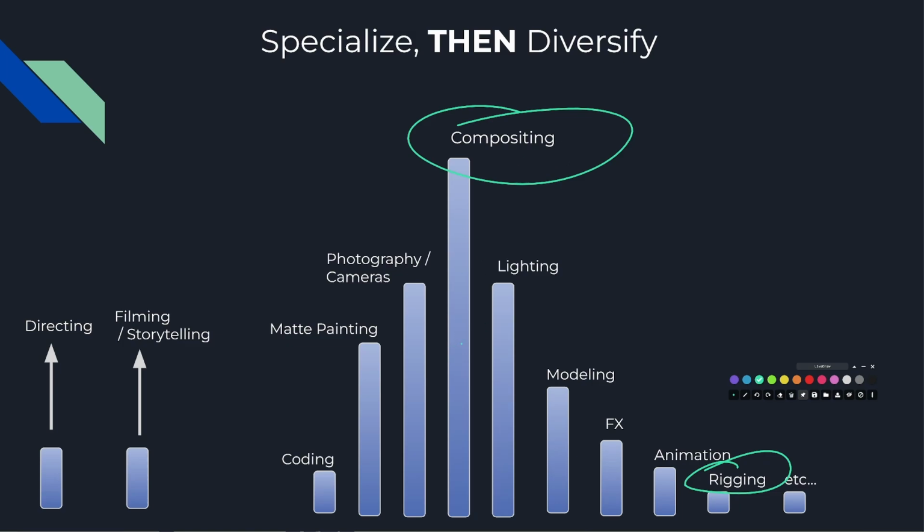become really, really good at it. The market values specialists. It's easier to get a job, in my opinion, as a specialist in something. So become a specialist in something like compositing, and then start acquiring these adjacent skills, and then you can focus on other skills later on if you want to. Other skills come in later, and they can be really valuable to combine if you've become a specialist in something.